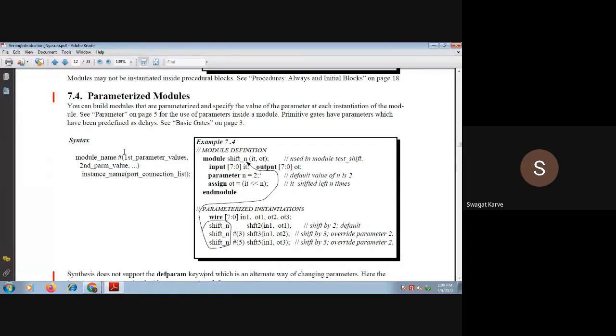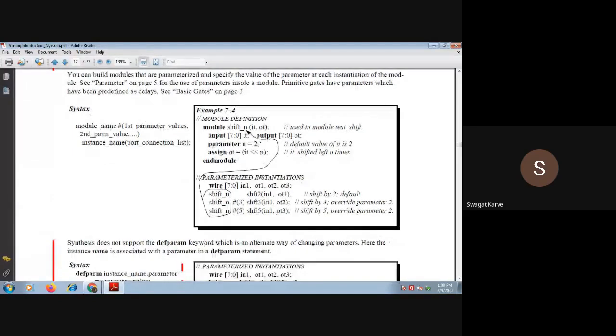That means at each instantiation of the module, you can write the parameterized instantiations. You can look at this example.